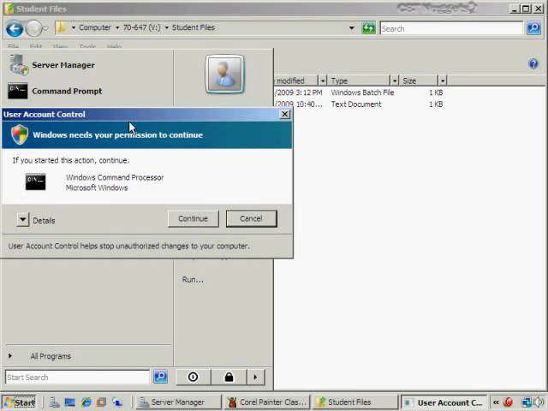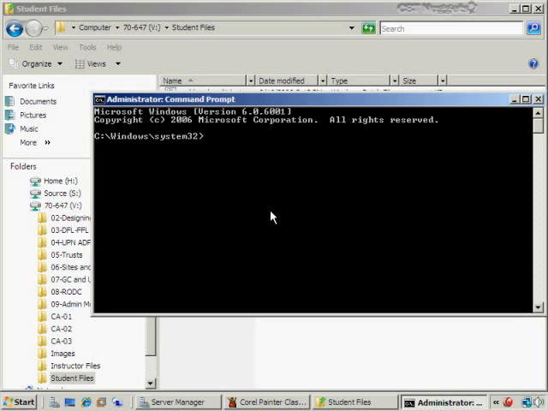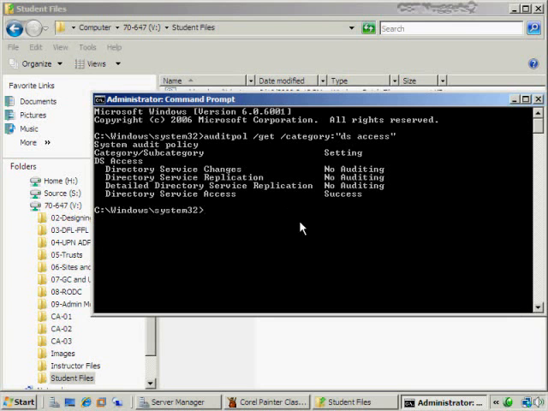I have to run that from an administrator command prompt. And I'm going to enter in just a manual command so we can see how it's used. Auditpol, and I want to see what's currently being audited. So I'll do a /get /category:"DS Access", and I have to use the quotes, of course, because there is a space in that. And now we see that the directory service access in general is audited for success, but these other things are